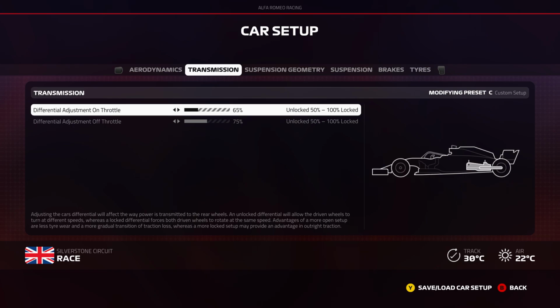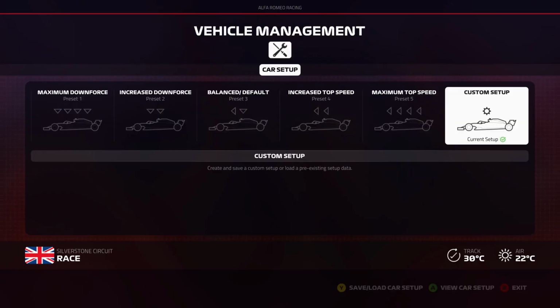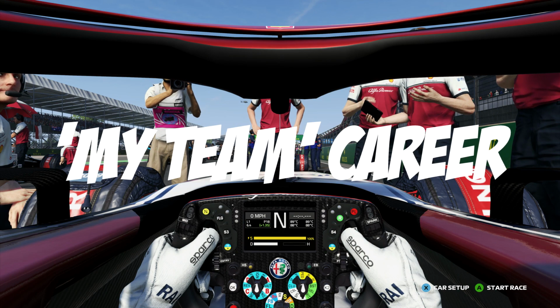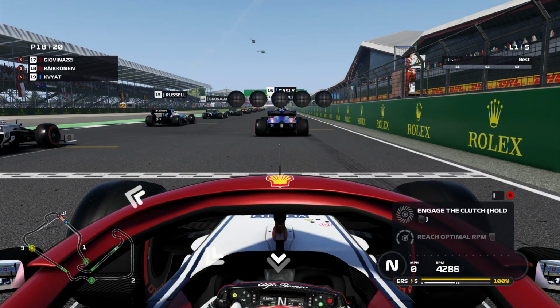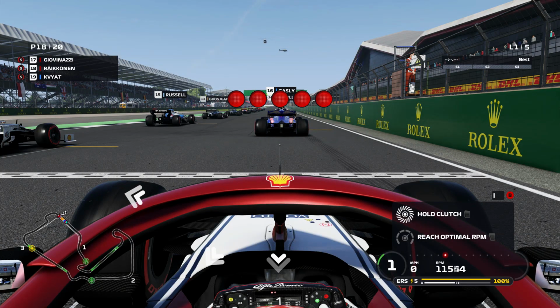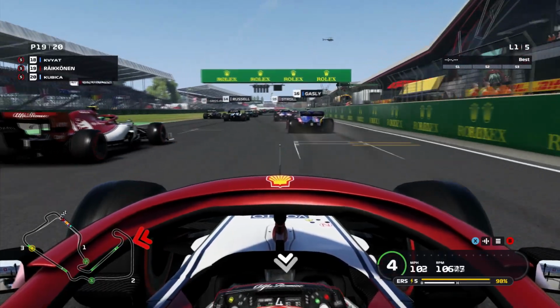So with the recent announcement of F1 2020 gracing our Twitter feeds, YouTube feeds, and whatever social media feeds everywhere, we got such things as my team in career mode, split screen is finally there, which they could have just added in a very small update, but we don't need to talk about that. And also the tribute to Michael Schumacher with a bunch of classic cars being added. My reaction was, well...